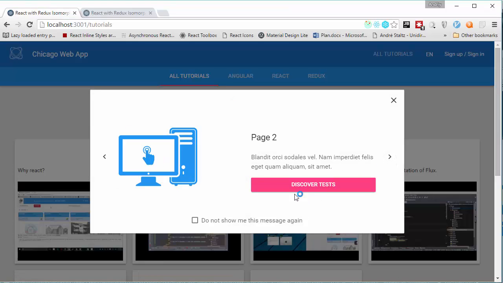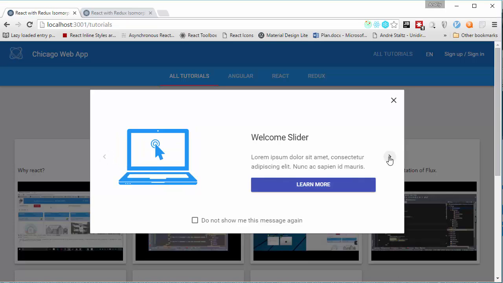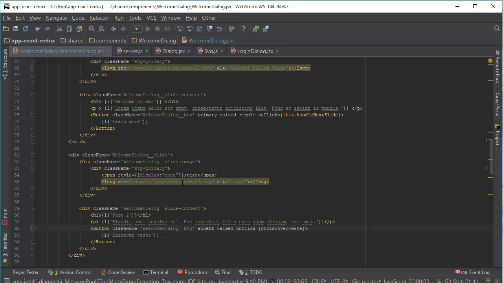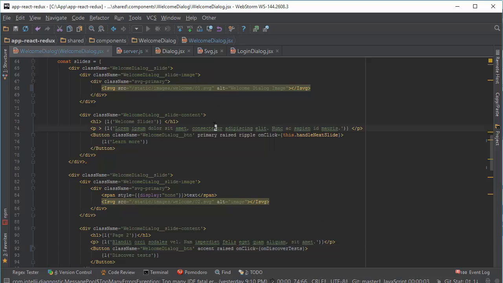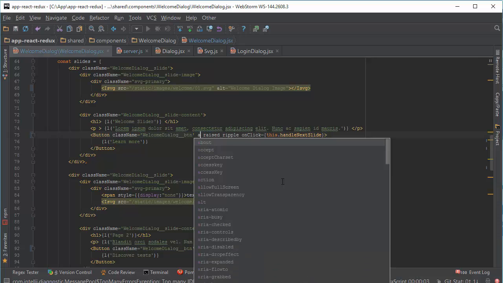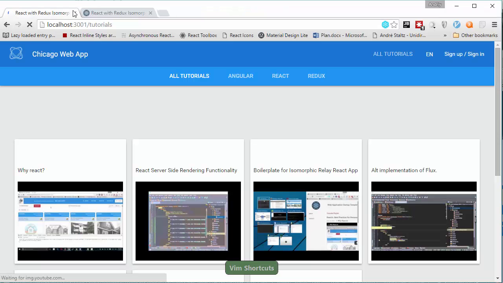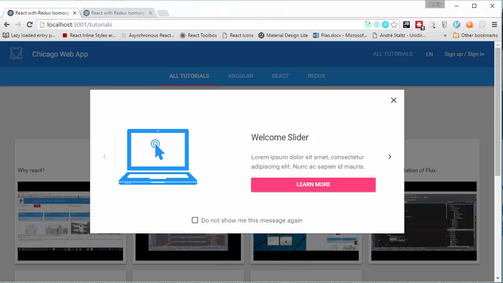And now we have the correct color scheme on two pages, and it will be more logical for the first page to set the first button accent and the second primary. Now it looks fine.